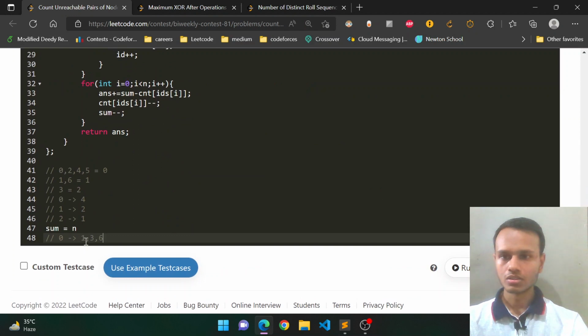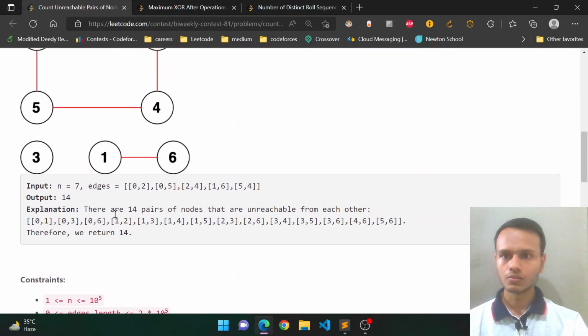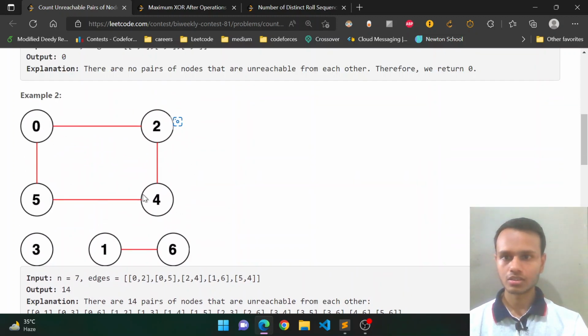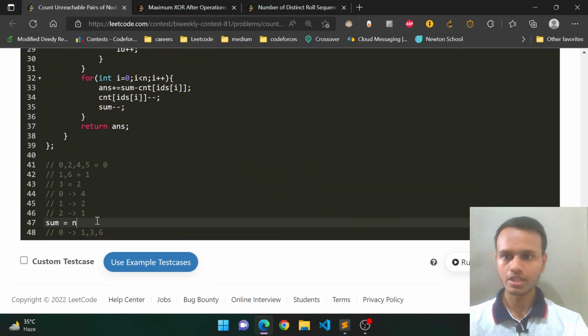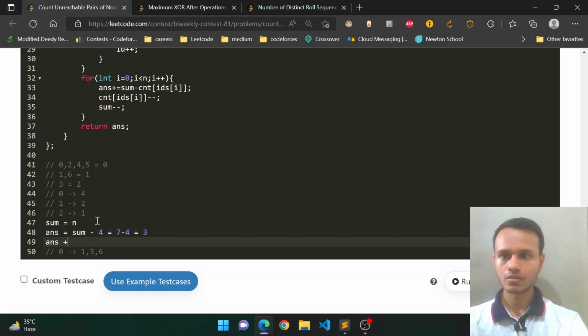Yeah, so the sum will be this whole n minus the size of the current connected component, or the number of vertices that were in the connected component of 0 and are not visited currently, right? So that is currently 4. So in the answer I will add sum minus 4, which is just 7 minus 4, and which is 3. And then for 1,